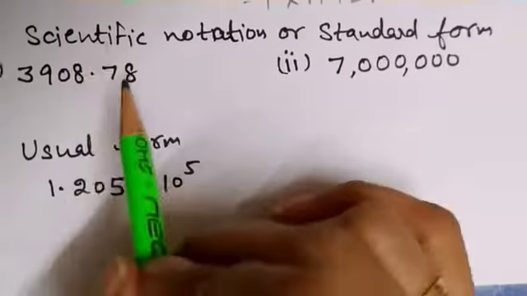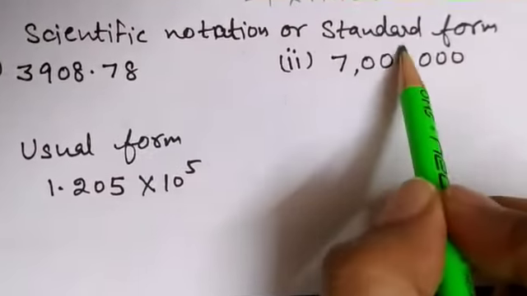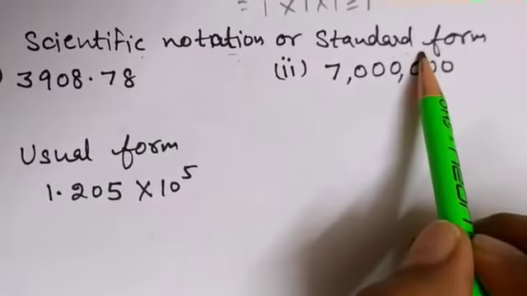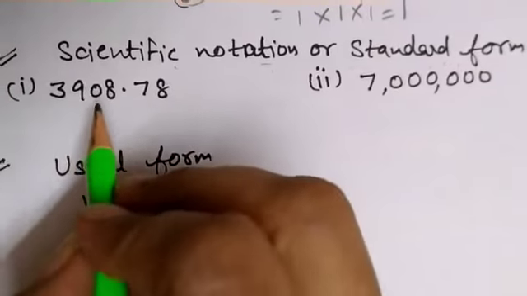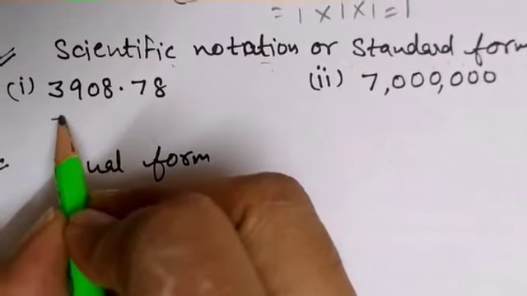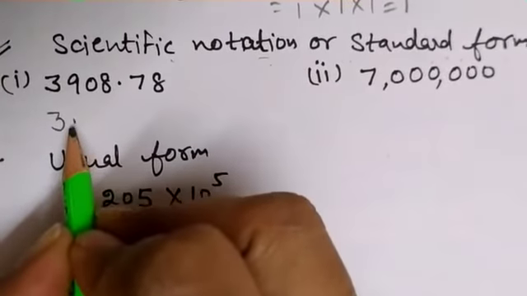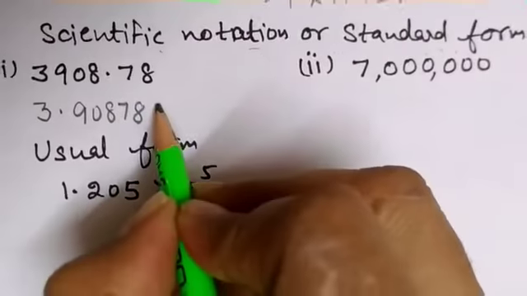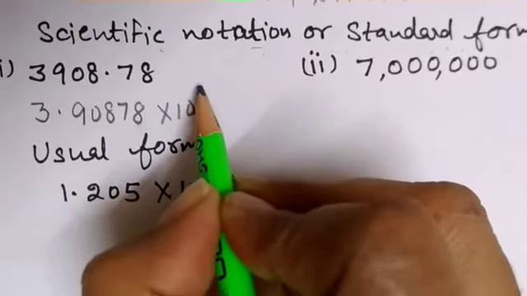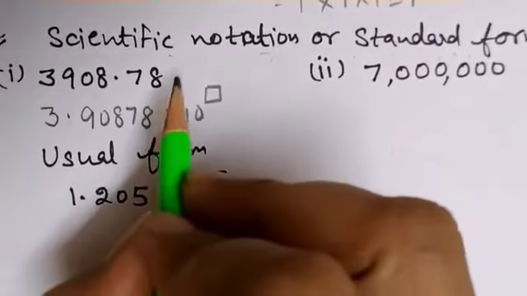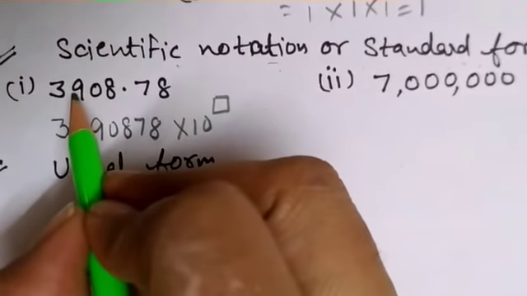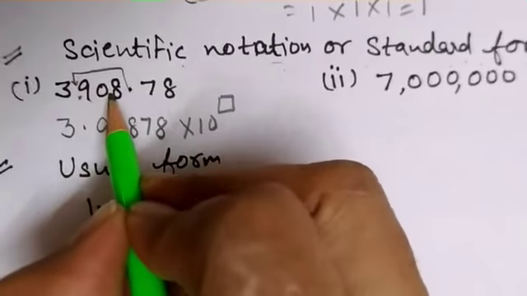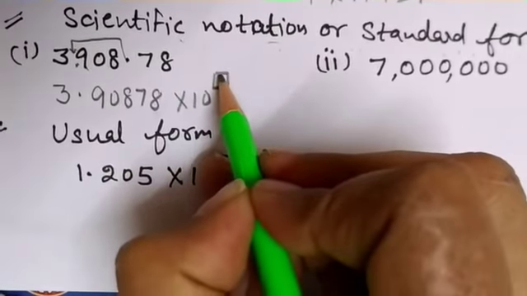answer is 1. Writing scientific notation or standard form, both are same. We can also call scientific notation or standard form. अगर हमें scientific notation में convert करना, that means we write the decimal after the one digit, that means 3.90878, that means multiply 10 to the power, that means हमने कितने डेसिमल शिफ्ट किए उतने होते हैं. That means हमने अगर डेसिमल 3 के बाद लगाई है और आपका पहले वाला डेसिमल 8 के बाद है, in between we have the 3 digits, so we write the 10 to the power 3.